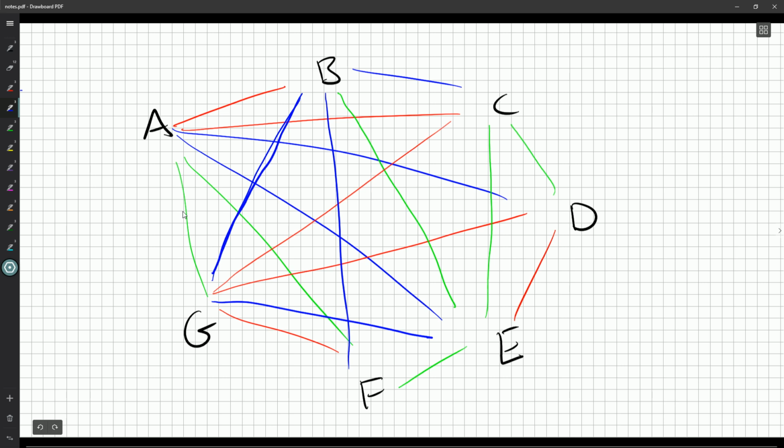What else? A has 6 vertices, or 6 lines coming from it. G has 6 lines coming from it. B doesn't have 6 lines. C doesn't. D doesn't. E has 6 lines coming from it. We need one more to F. F to C. It can't be green because of C, E, and F. It can't be red because of F, G, and C. Could it be blue? I hope it can. Oh, it can't be blue because of B, F, and C.